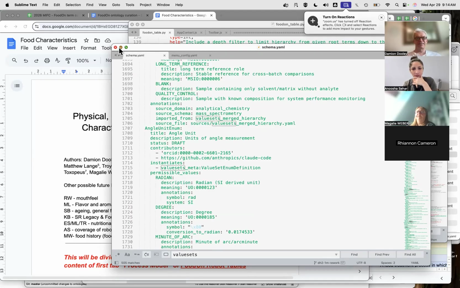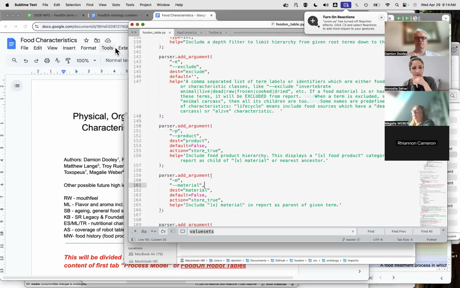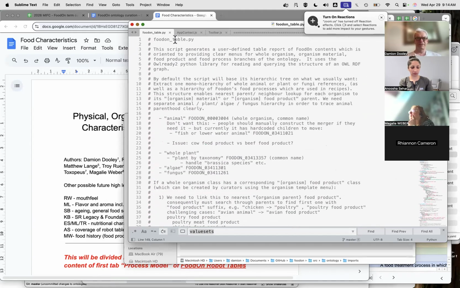All right. So I'll get out of that and move on to the other thing. The AI has generated the documentation for it as well, which is pretty good. Anyway, back to